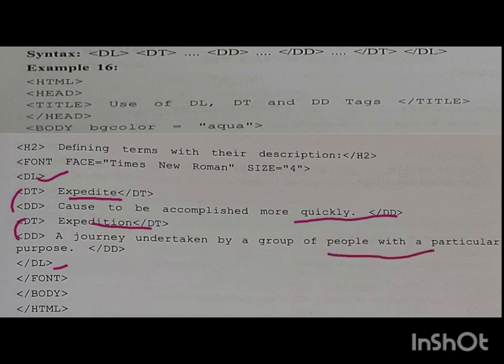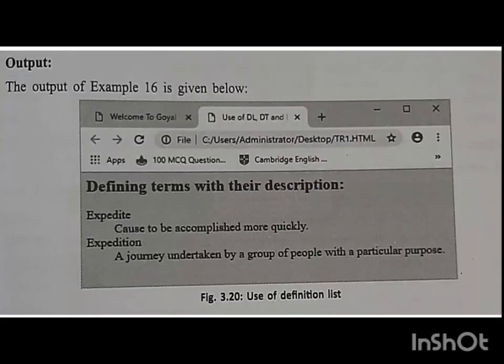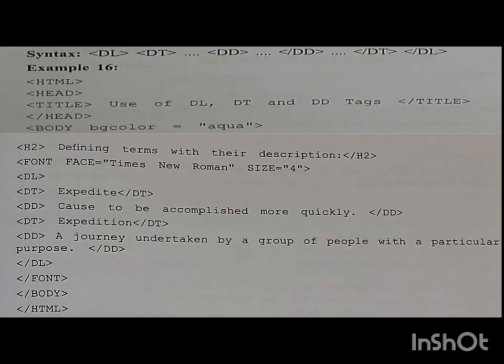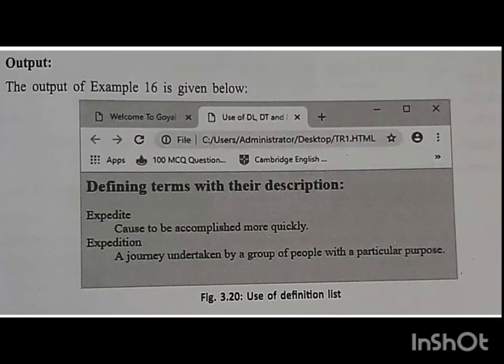You have to see this, and you can see how the output is coming. For the heading also they made H2, and the font given for these is Times New Roman. Finally it will come as this result.